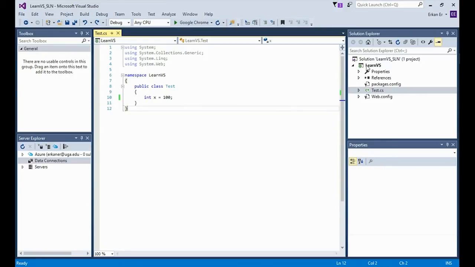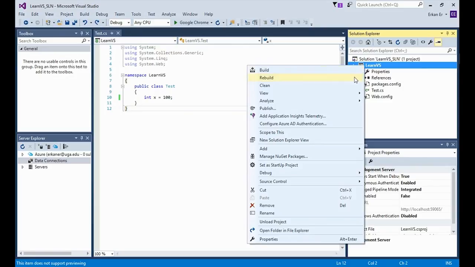For build, there are 3 specific items in the menu that appears when you right-click on the project item in the Solution Explorer. Build item compiles only the code files which were changed and discards the rest. So it's a partial compilation. That is, if you change something in one class and then build your application, then only the class with the change will be compiled, whereas other classes will be discarded.